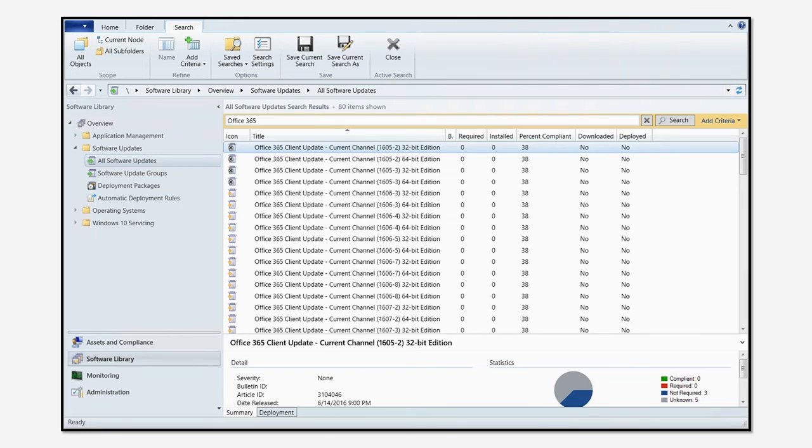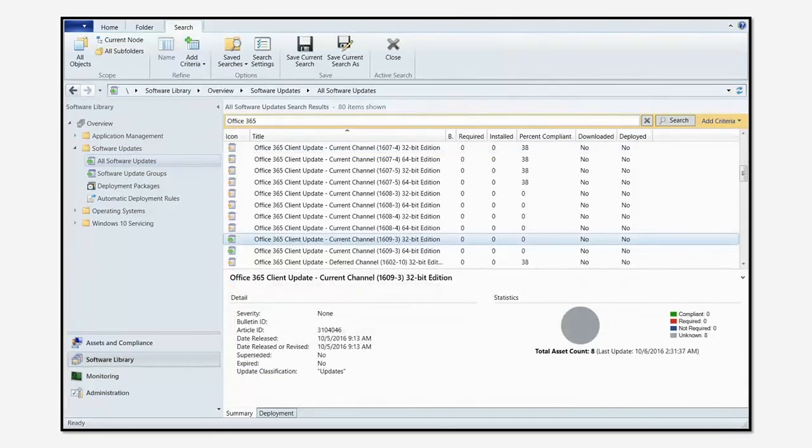But you'll see here what I was talking about is the naming convention. You have Current Channel 32-bit edition. It will also let you know if you have an update out there, and if it's deployed already, it will let you know if it's installed, the percent compliant, etc., downloaded and deployed. Some of those things, again, will be fine-tuned and tinkered with as we continue to release functionality improvements. So what you'll do is right-click one of those updates. When you first select it, you'll see this detail here. You'll see the severity, bulletin ID, article ID, date released, etc., superseded, expired. And then when you right-click it,